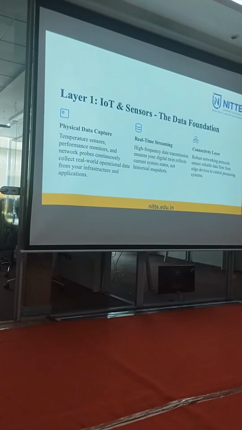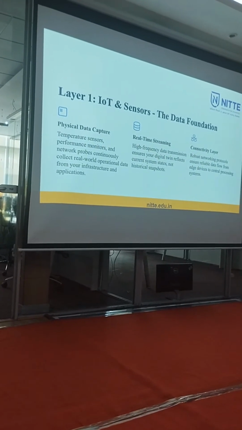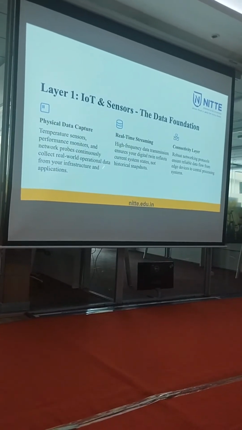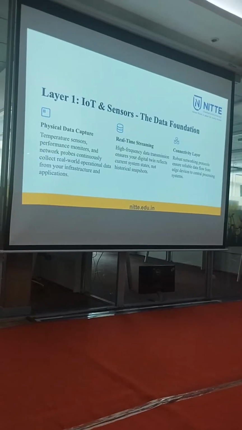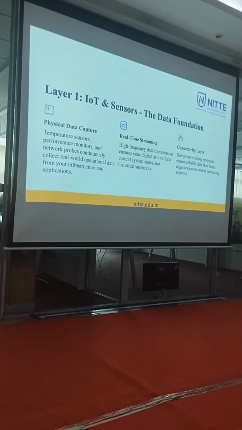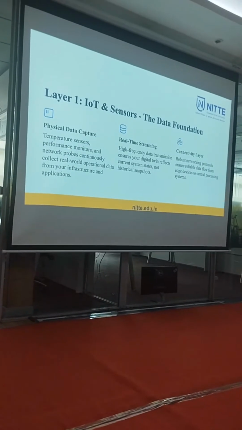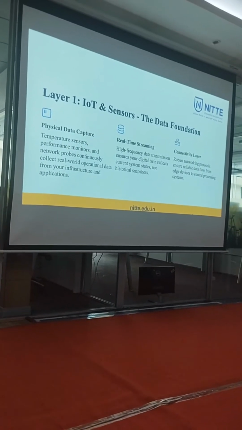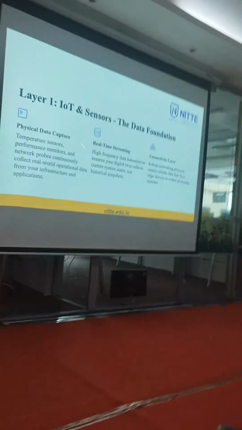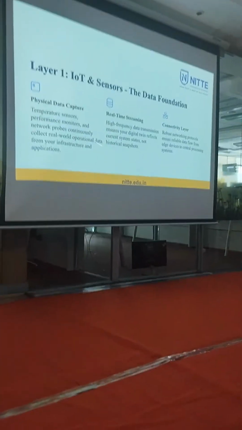So the physical data needs to be captured, and there are different sensors. We need to have an idea what are the sensors available in the market and which would be appropriate for my problem, whatever I've chosen, in order to monitor, and then using the network, I pull in the data and store it into the cloud storage, right? Then once I streamed the data in real time, what I need to do is consolidate.